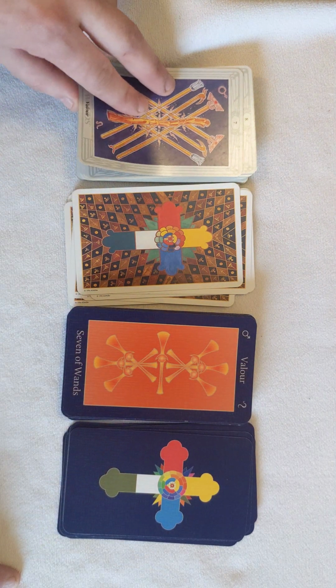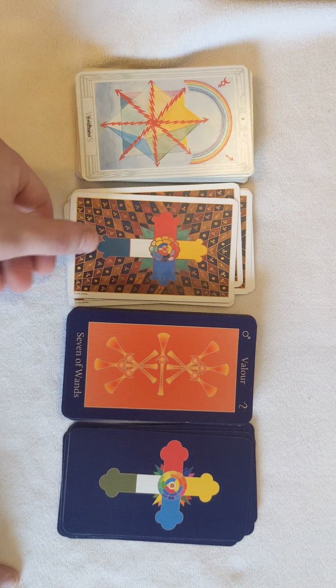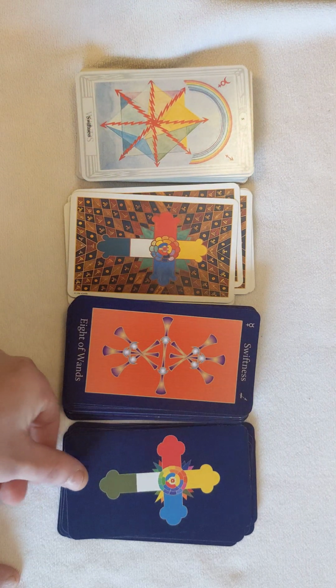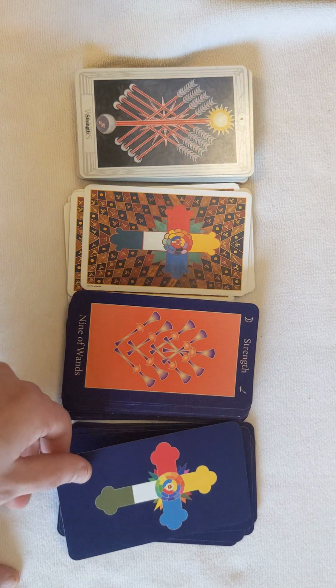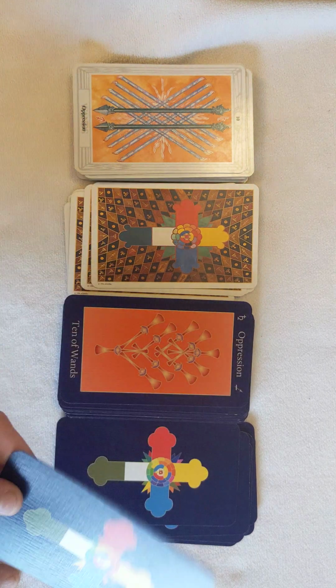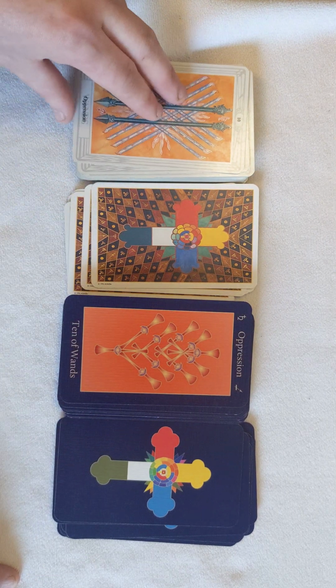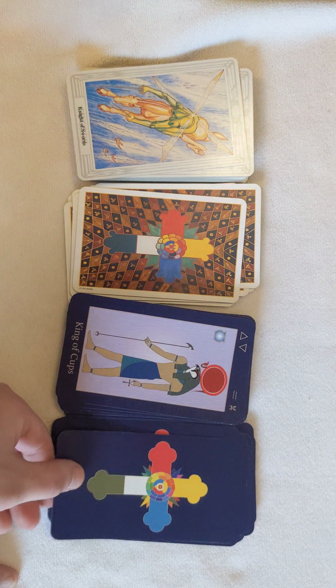Some of the names are the same, but some of them are different. And so we're at the Ten of Wands, onto the